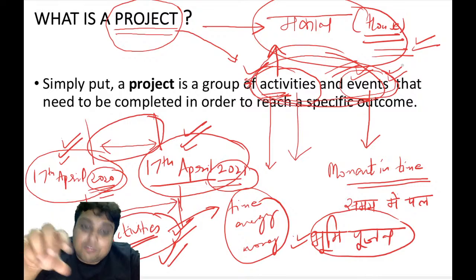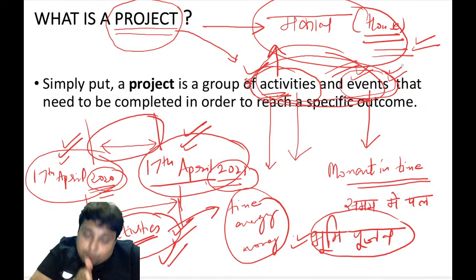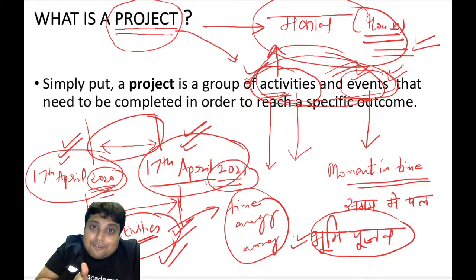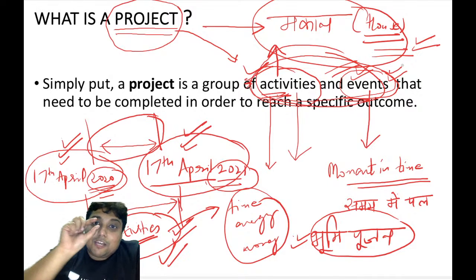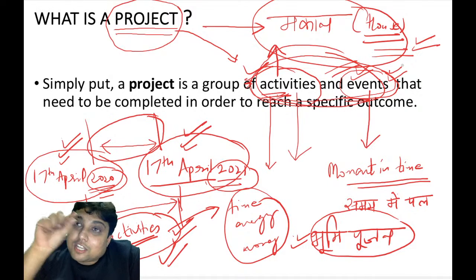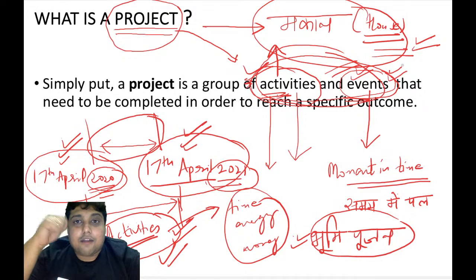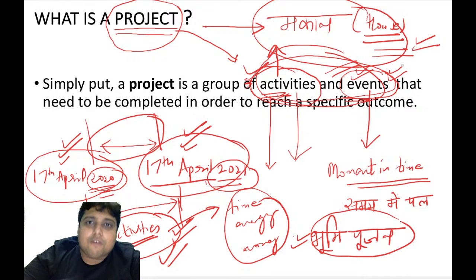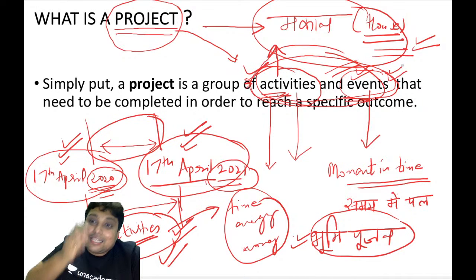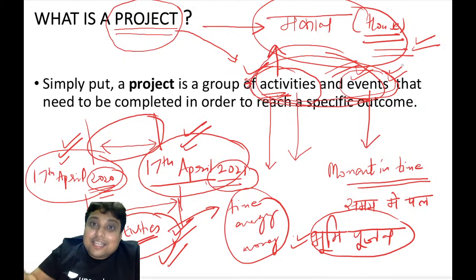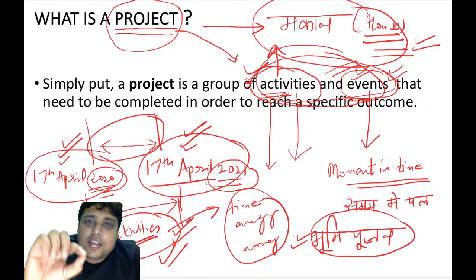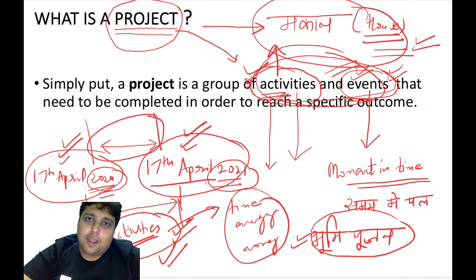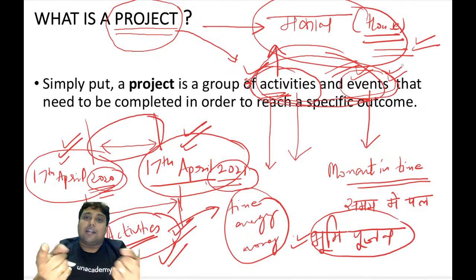So these activities which are consuming your time, energy and money have to be in some specific order. One activity will come before, one activity will come after. So these activities and events have a particular chain of order. And when you keep on finishing these activities in that chain of order, this activity and after that this activity, then we say that you are executing the project. And when all the activities and events are over, we say the entire project is over. Getting my point or not?